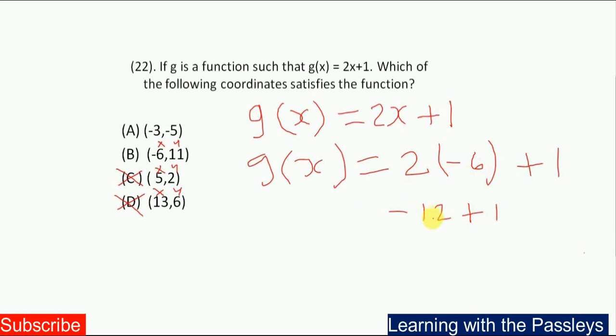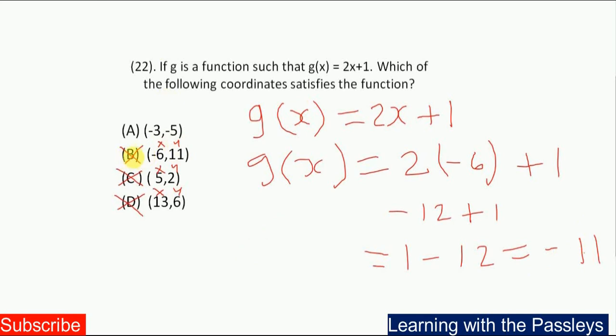Because the negative is larger than the positive, I am going to rewrite: 1 minus 12 equals negative 11. Since we have a negative 11 here, and we have a positive 11 here,